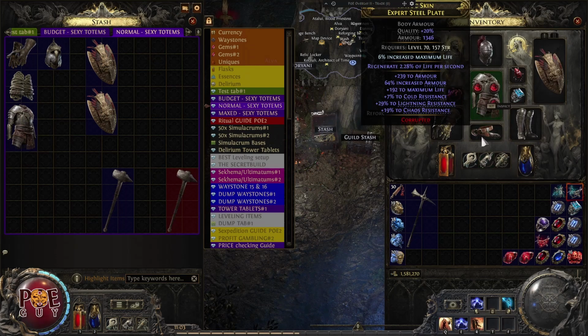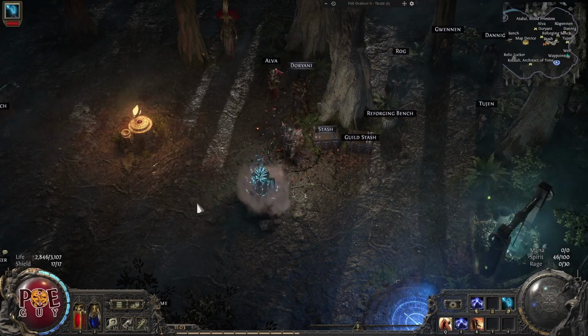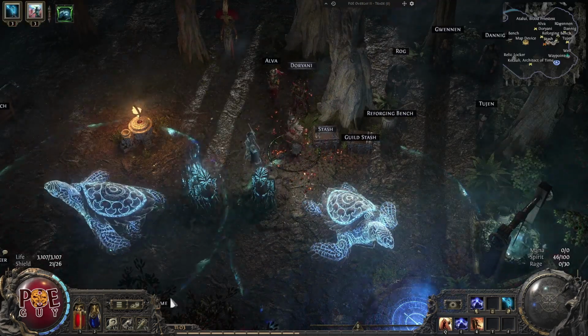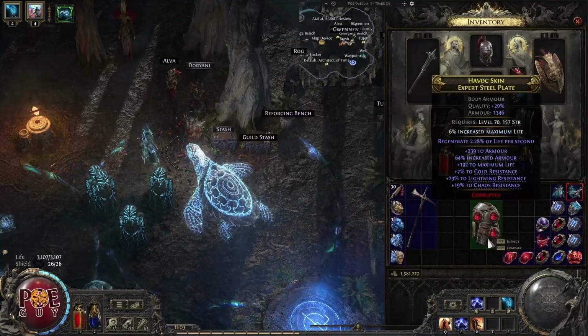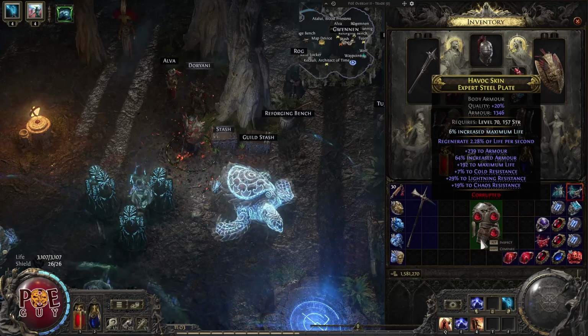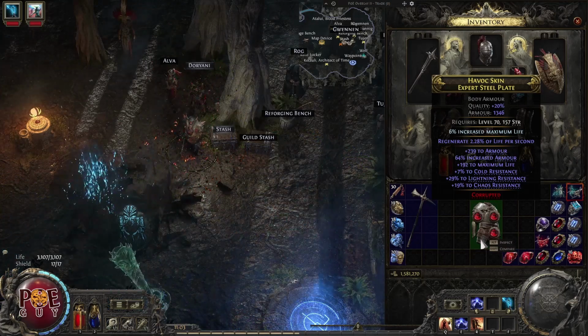For the chest armor, it's essential to have an expert steel plate for the implicit, regenerate life per second. Basically, our build uses life to cast spells, and we want a lot of life regeneration in order to regen our life back up really fast, even without pressing the life flask. So this is a lazy build, we need this one. So this is mandatory, you will take an expert steel plate, and we take it with maximum life and